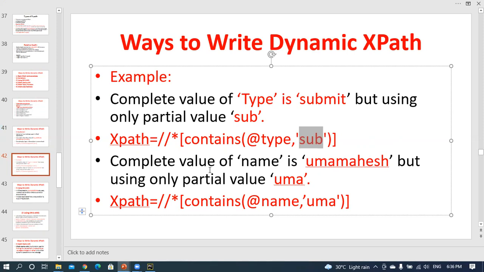For example, the complete value of name is Uma Mahesh, but I am taking only the partial value. Instead of Uma Mahesh, I am using Uma. Here: star, bracket, contains at the rate name comma Uma. That is enough. You take the partial value, not the entire value.